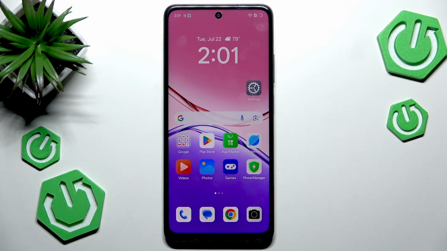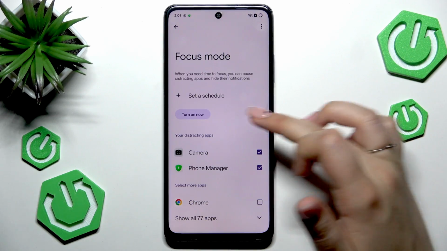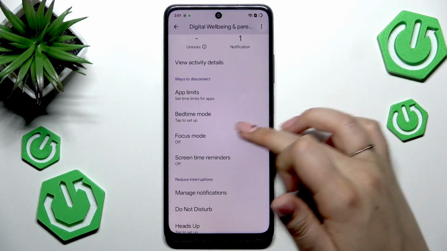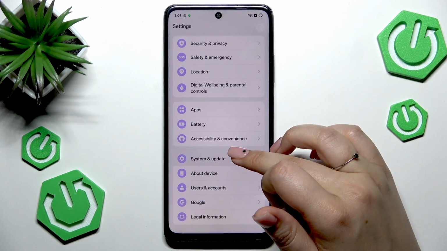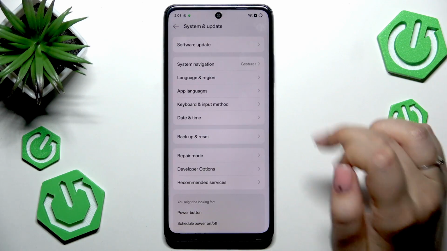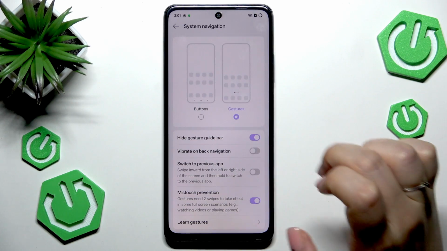So of course I already have gestures set, but if you've got the 3 buttons navigation, all you have to do is to go to the settings. Let me go back quickly. And here let's scroll down to find System and Update. Then we have to tap on System Navigation, and as you can see here we've got the gestures and the